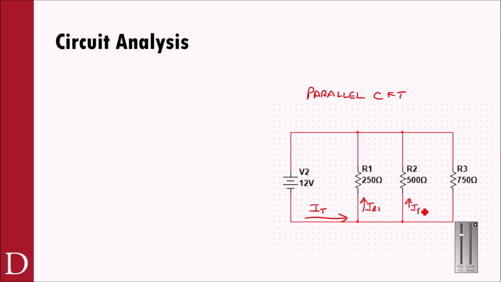Find my little thing there. There we go, IR2. And part of it's going to go over here as IR3. So what's actually happening is my current is splitting as it's going to these different locations. It's kind of like traffic heading down, you know, I-94, and somebody taking this exit, somebody taking that exit, and